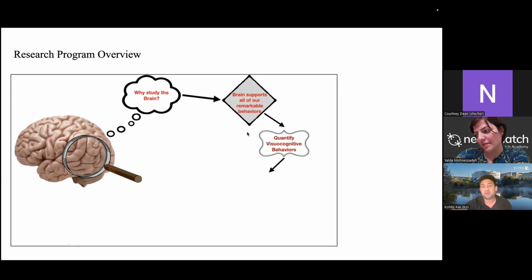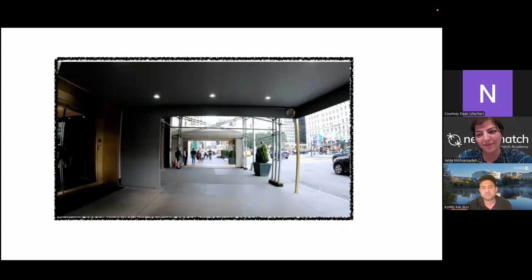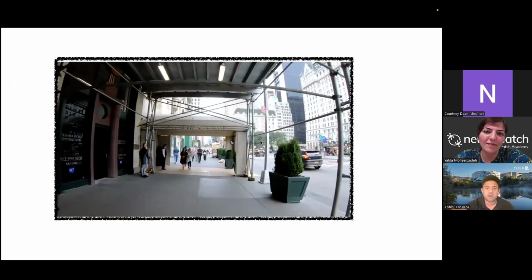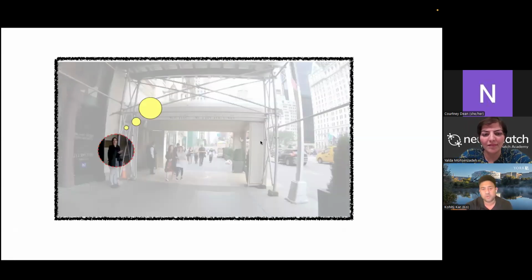When we want to study the brain because of behavior, we want to really quantify these visual-cognitive behaviors. In our lab we study a very specific type of behavior, which is mostly visually driven, which is what I would talk mostly about. I'm going to give you an example of one type of visual behavior, which is core object recognition. It's a part of a very rich regime of visual behavior that we demonstrate. So here's an example. Imagine I'm walking through Fifth Avenue, New York, and I'm making small eye movements to fixate at particular locations and tell what information is there. If I fixate here, I can tell there are two people. They might be too close to each other. You might infer that they're friends. Here's another person who might be looking a little bit confused.